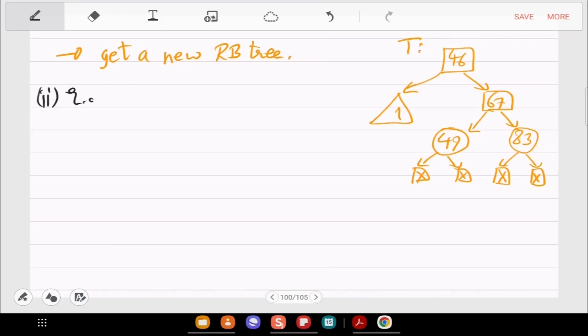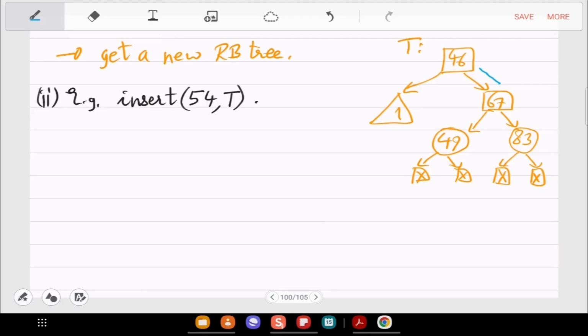Second example is, now in this tree you want to add 54. Okay, so 54 is more than the root, so you move to the right side. Then it is less than 67, so you have to move to the left.